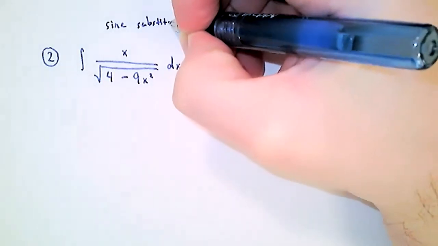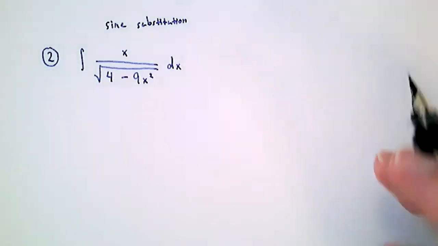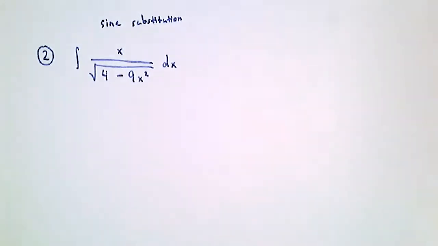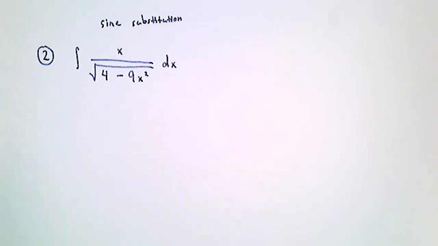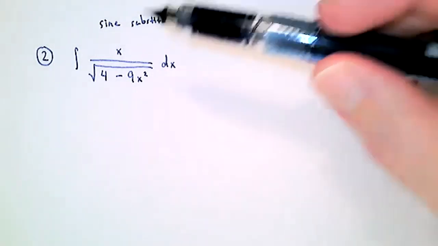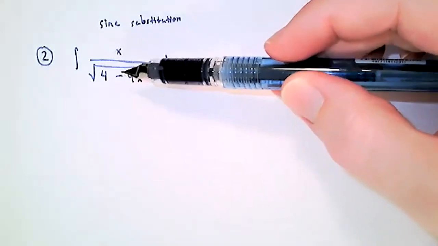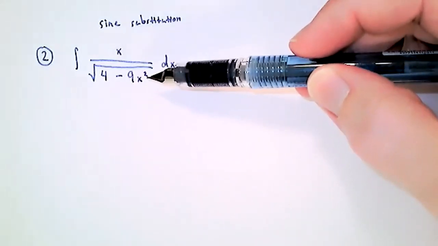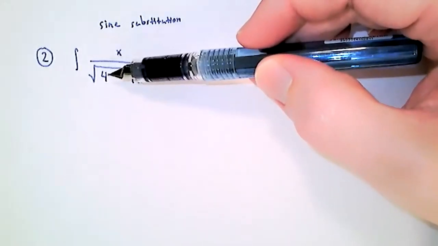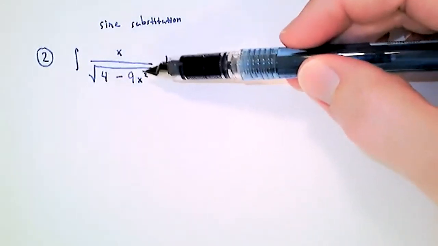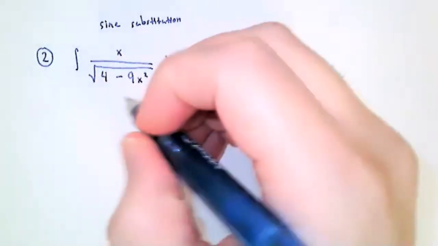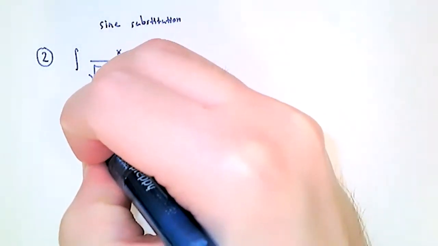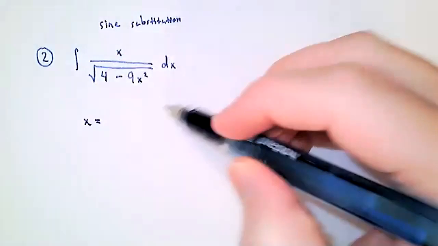And once you do a few examples, you'll get the hang of how to figure out which one to use just by looking at these formulas. You just have to figure out which one will be helpful in this particular situation. Okay, so we know we want to end up with a constant minus something squared, a sine squared, but we would like that constant, this 4, to match up with a 4 sine squared. And the only way to do that, or the best way to do that, is like this. So I know I want to end up with a 4